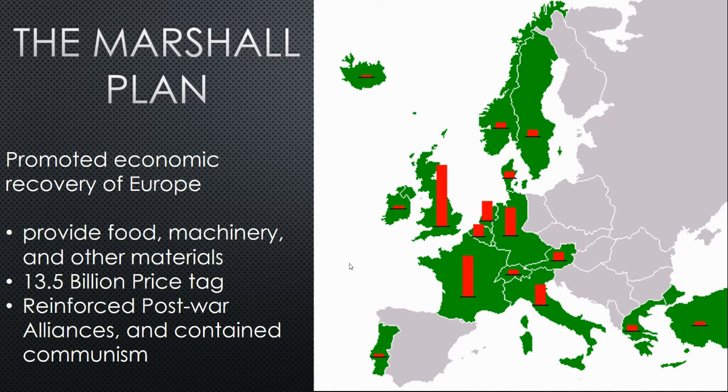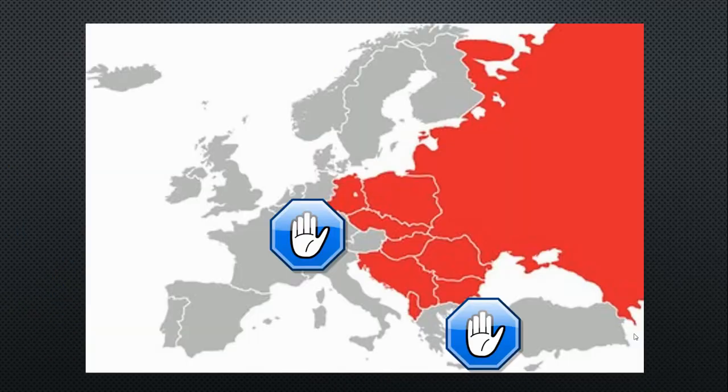This is also going to reinforce the post-war alliance system that is developing. There were a lot of strings attached to the money that was given, but also, again, with the goal of containing communism. We can look at this little graphic right here to see which countries received money, and it kind of runs right along that Iron Curtain, right, if you were to think about it like that. So it was a way to reinforce countries that could potentially become vulnerable to the expansion of communism. So we can say that, at least for now, containment was successful here.